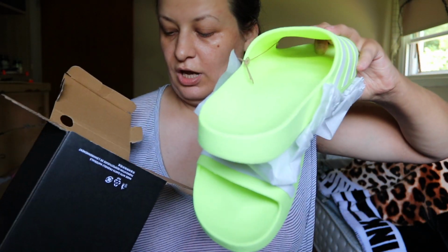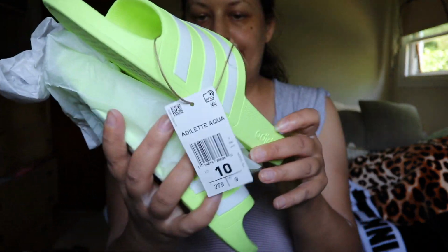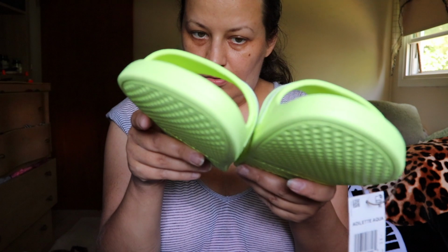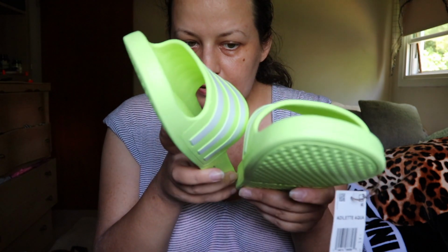So here they are. They also come with this thing. So let's see this paper. They are really lightweight. Actually, it says that